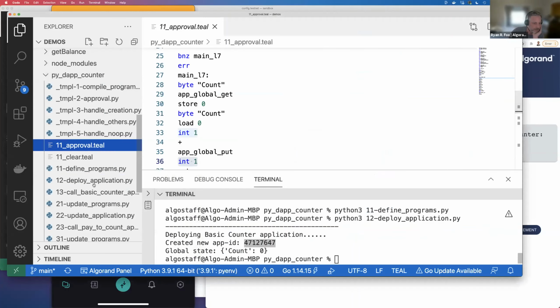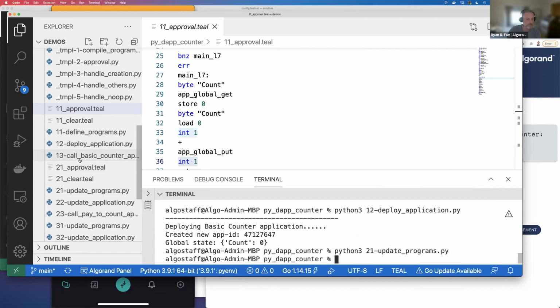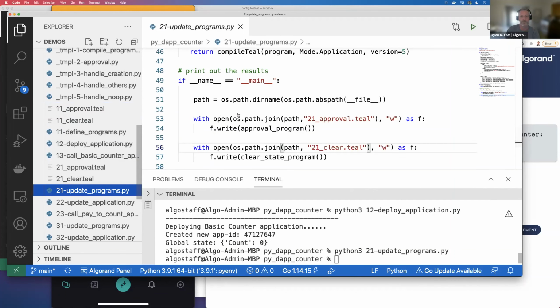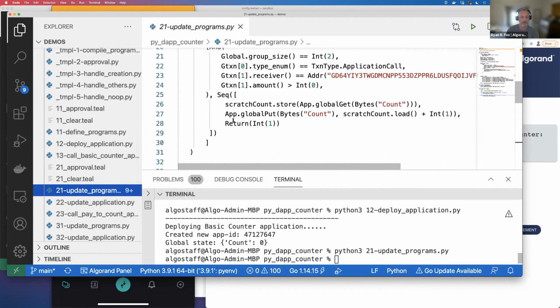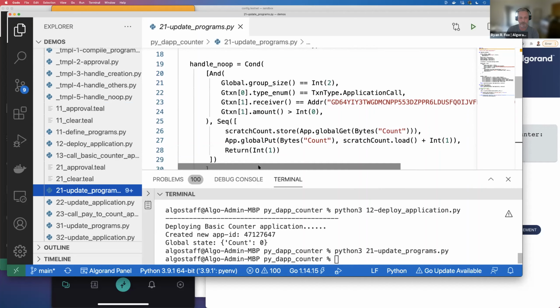All right, we've got to update the application. You gotta spell it right or it doesn't work. So we've got this update programs and, oops, let's take a look at what we're actually updating here. 21 approval. The difference that we are doing in this program here